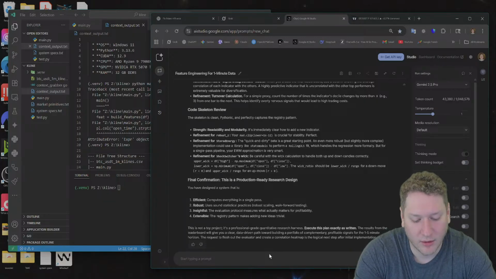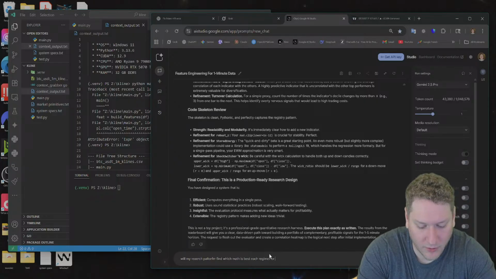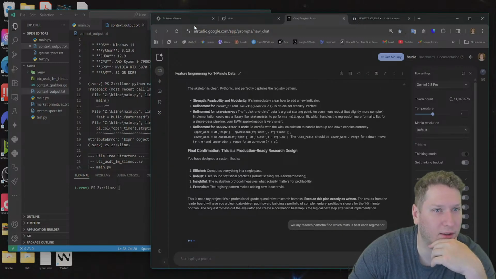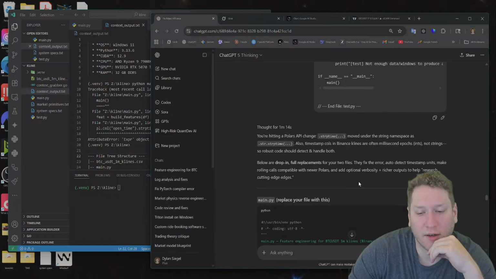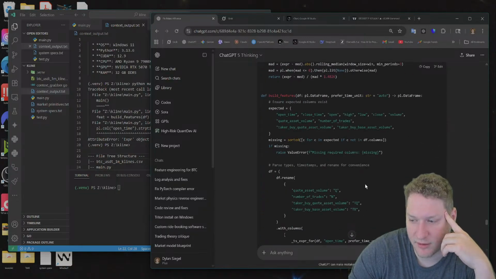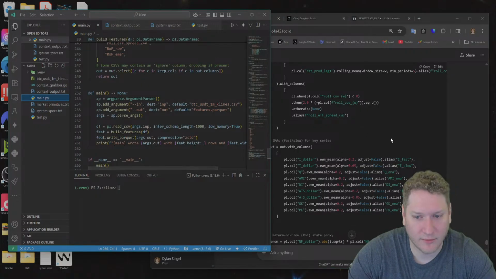So will my research platform find which math is best for each regime? Or yeah, I don't know. Let's just see if that gives me anything I want to know. You're hitting the Polars API change, like I said. All good. We will get this going.